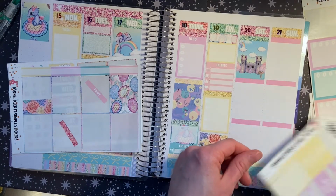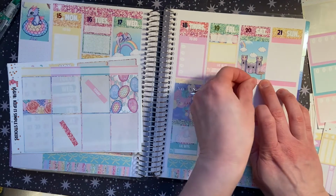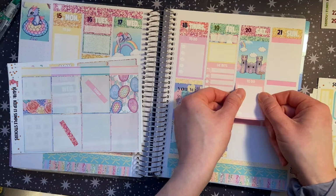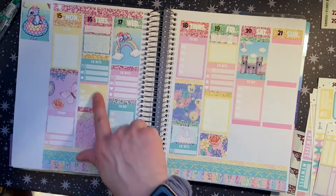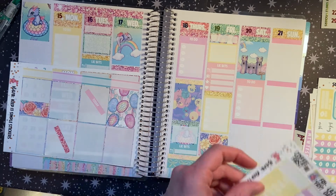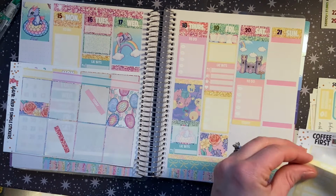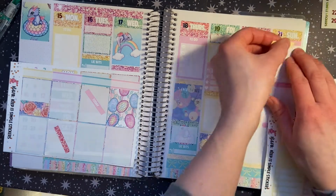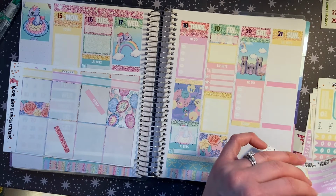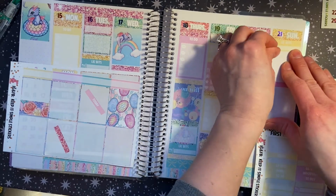So let's go ahead and do, we needed to do header. Oh, I was like, why do I have extra checklist full boxes? And it's because I didn't use a full one here. That was weird. But that is a-okay. And up here we're going to use the little bits, which is a super odd place to put little bits because I never put them up there. And I put some